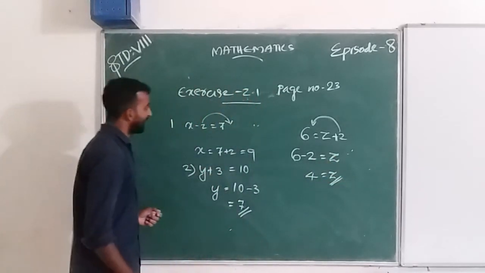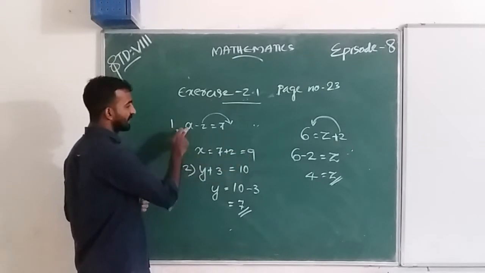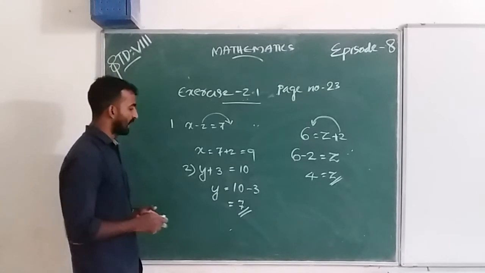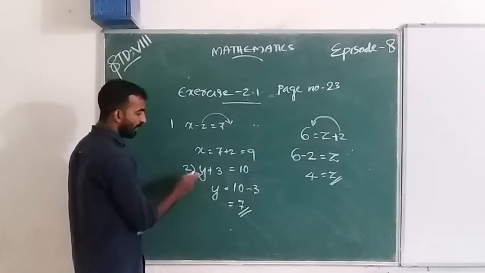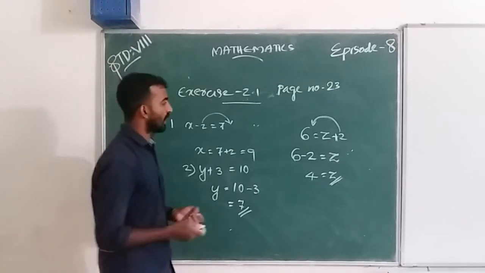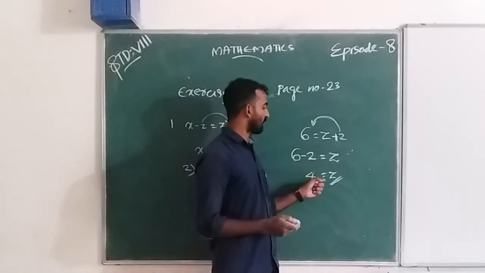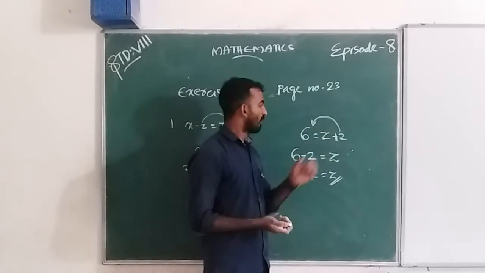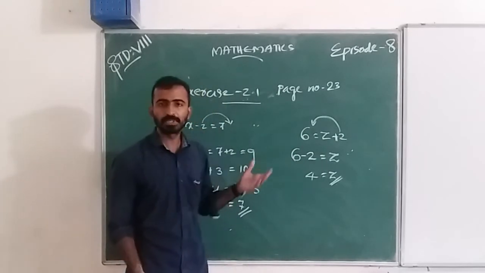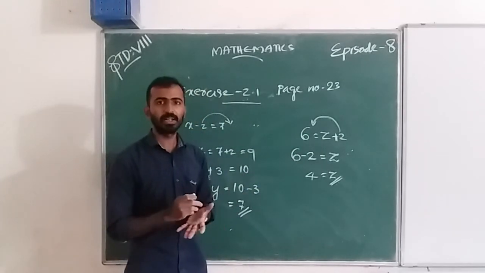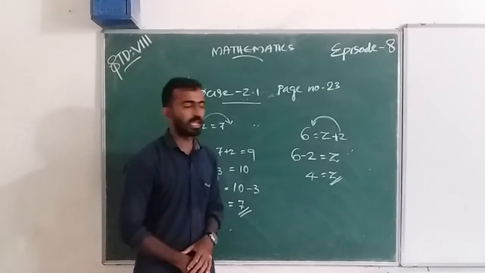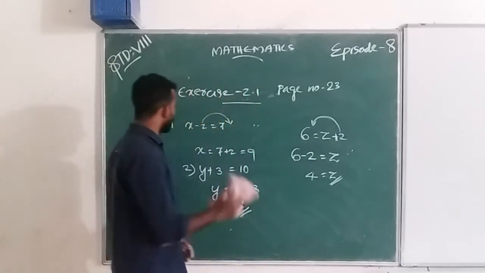We can check here. x equal to 9, that is 9 minus 2, we get 7, also equal to the right side. And y equal to 7, 7 plus 3 is 10, that is equal to the right side. And when we put the value of z as 4, 4 plus 2 we get 6, that is equal to the left side. RHS and LHS are both equal. And the fourth question is